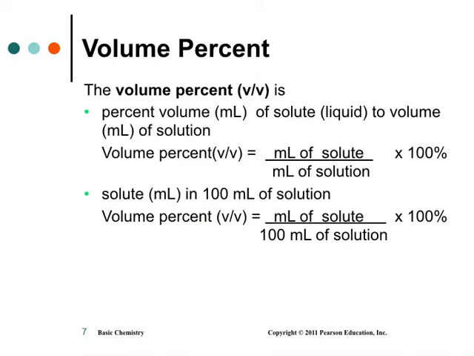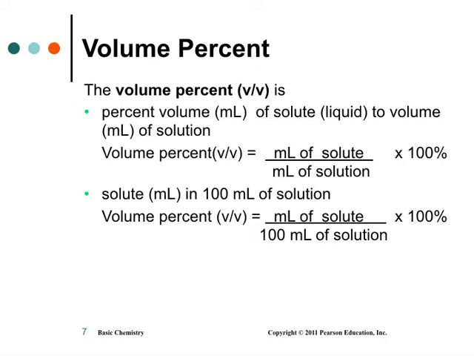First, before I give you an example, I need to give you the second one. Remember I said the one would be mass over mass, so grams of solute over grams of solution. That's mass percent. This is volume. If you have a liquid solute, so let's say I'm putting acid and mixing it with water, or I'm putting alcohol and mixing it with water, I'm diluting it. Okay, so you have something concentrated. You have concentrated orange juice, and you add water to it to dilute that concentration back to what you would want when you have orange juice.